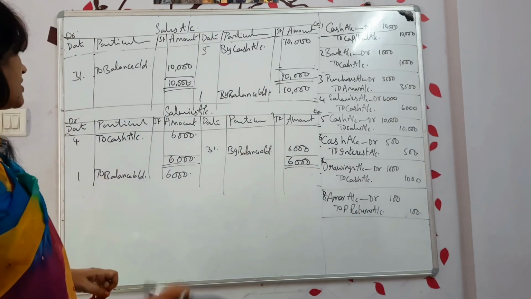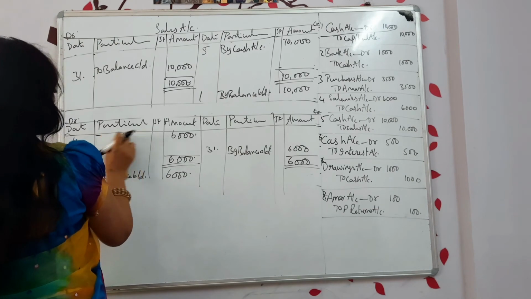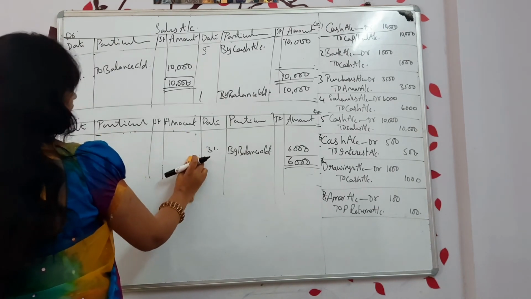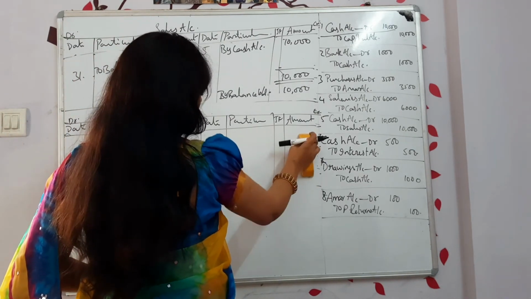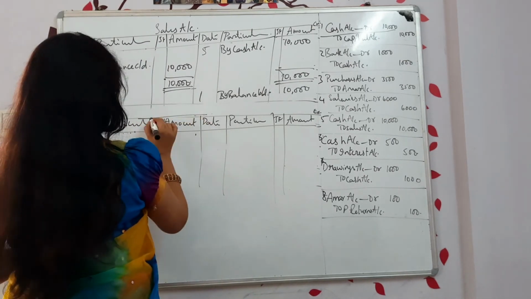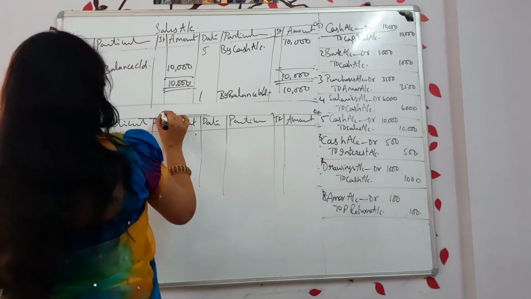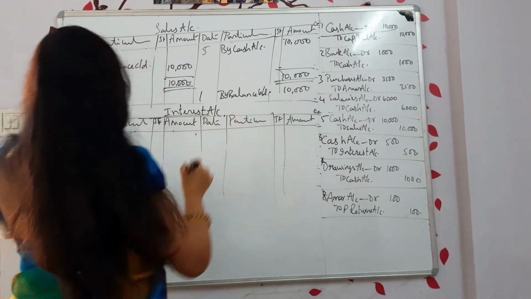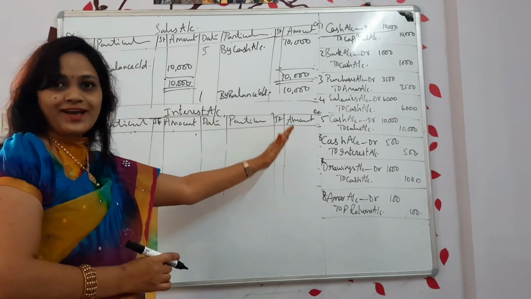So let's prepare interest account. I am preparing interest account. Format is same, so I am not changing the format. So only these amounts I am just removing. You can't do that one. You have to write once again. Okay. You have to write. Do you want marks? Then you should write. Interest account. Same format: debit, credit, date, particulars, journal folio and amount, date, particulars, journal folio and amount.